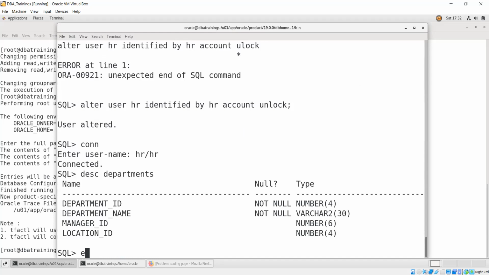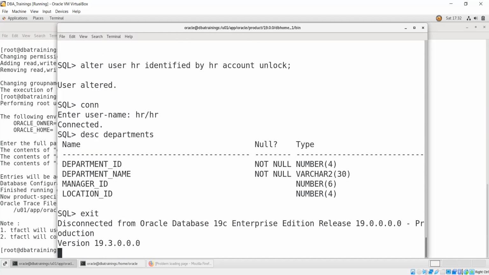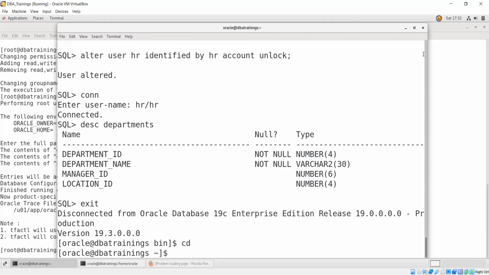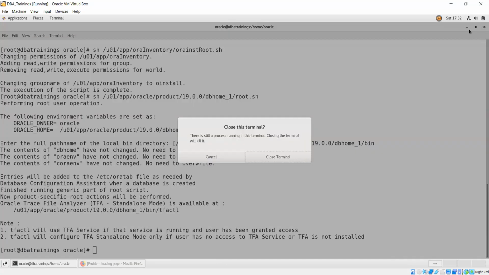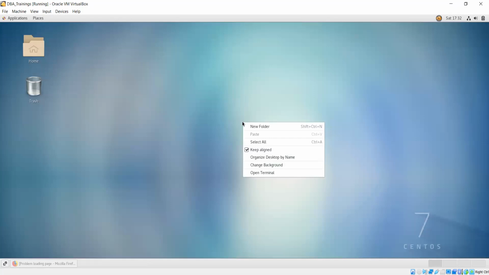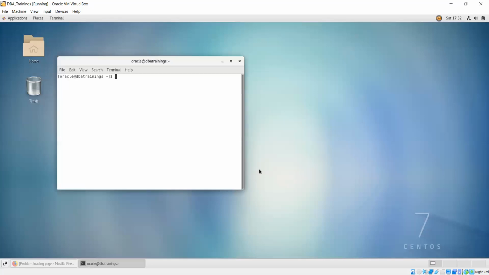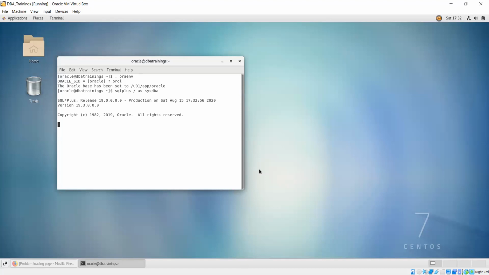That's it. So that's for this demo. We'll continue in the next demo. So I hope everyone has enjoyed. And see, next time if I open it, I don't need to do this. We are able to open it directly from anywhere and use it. So here you can see we just have to set the environment variable and we are ready to use it. Got it? So this is the way we use it in day-to-day operation in our database.